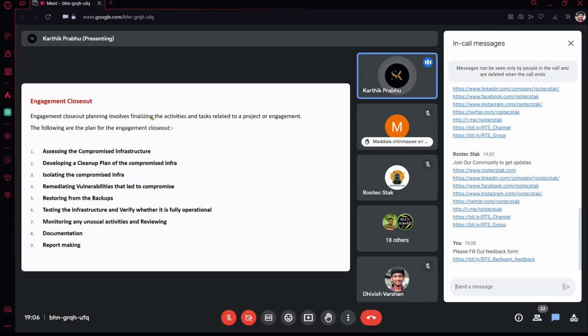So in the final phase, the red team engagement is over. As the final phase, we need to give the deliverable report and the engagement closeout plan to complete the red team engagement. For that, the next step is assessing the compromised infrastructure and developing the cleanup process. If we have run any exploit or anything in the online environment, we need to clean up the process and isolate the compromised infrastructure. And the main thing is we need to inform everything. If any information is compromised, we need to intimate the stakeholders immediately,